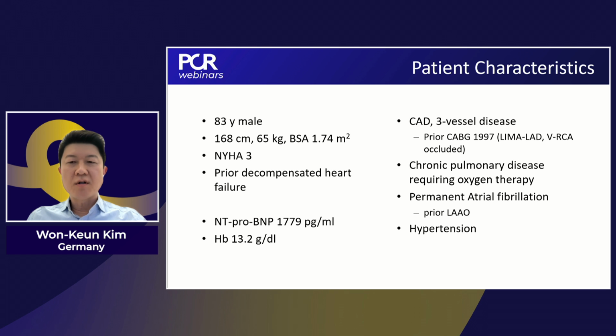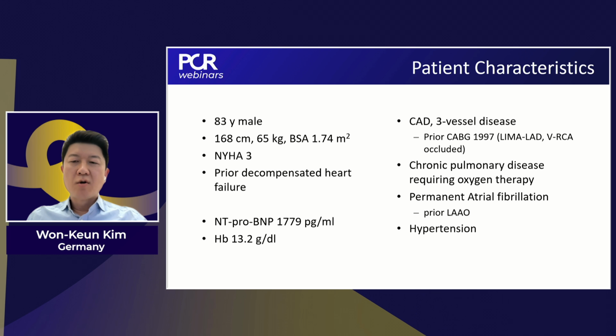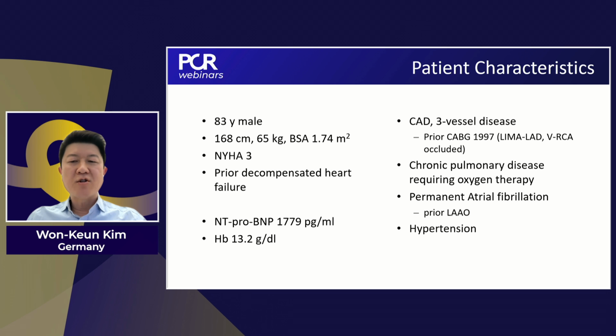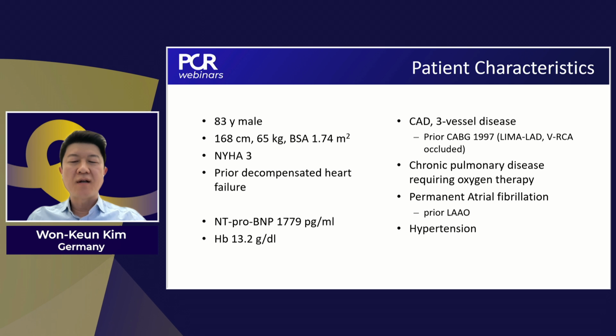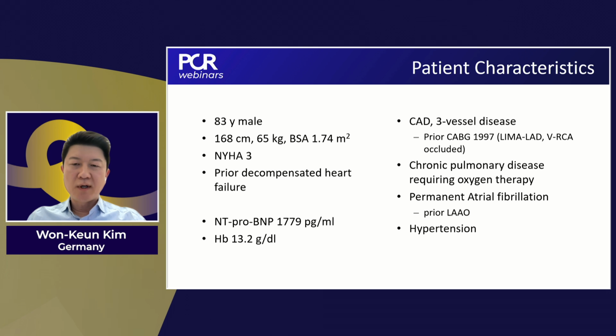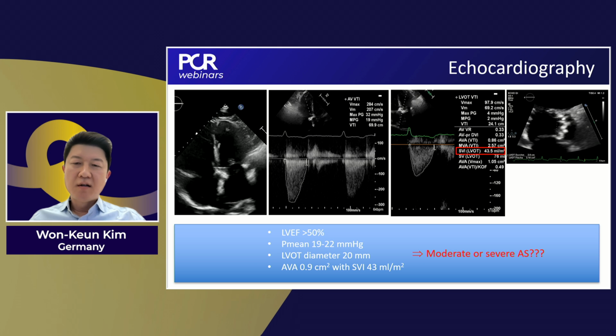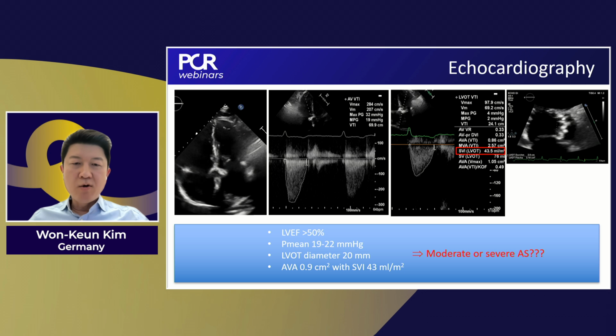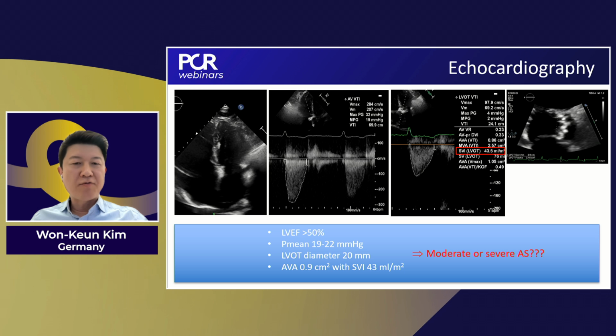So I think it's important not only to look at the comorbidities in terms of risk classification, but also to look at competing causes of shortness of breath, especially in relation to the topic that we have. Because what we have to find out now, and you can see in the following slide, the echocardiography, TTE, and you may appreciate that the ejection fraction is more or less preserved.